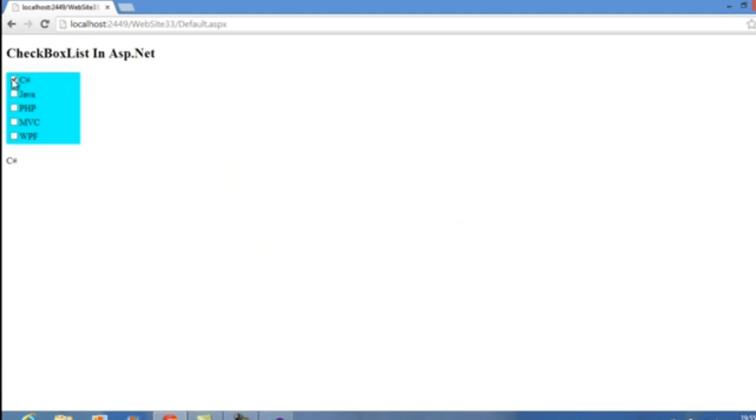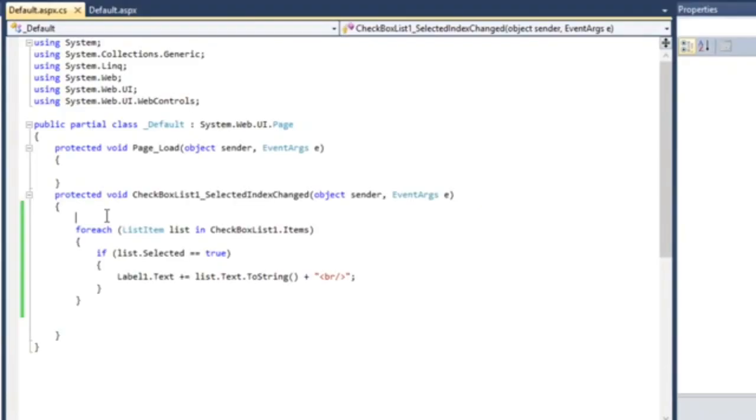I have selected the first element, so that is displayed, then the next element, that is Java, the next element C Sharp. Every time, you will see in the output, the previous output along with the new selection gets displayed. But as we are getting repeated output, it means the page load event is occurring continuously, that is, the auto postback event has occurred.